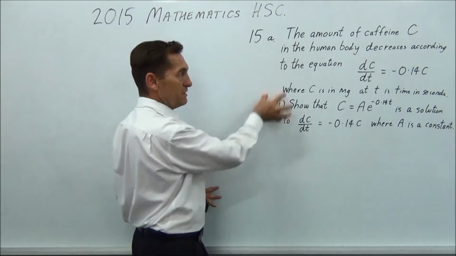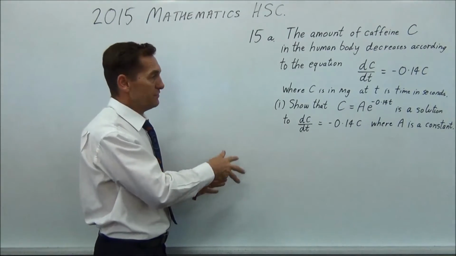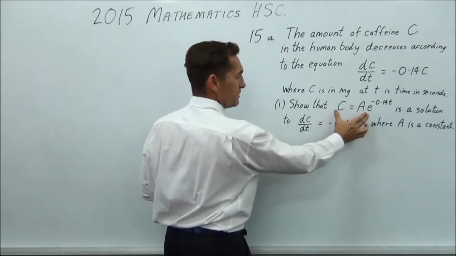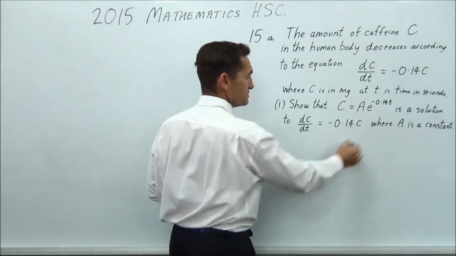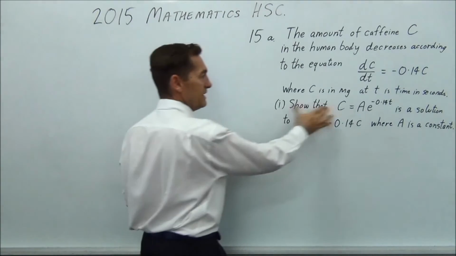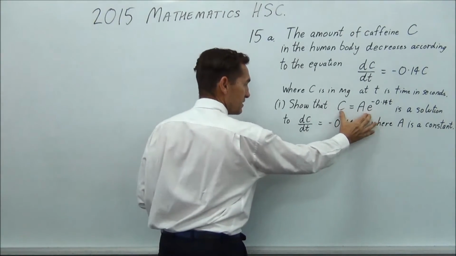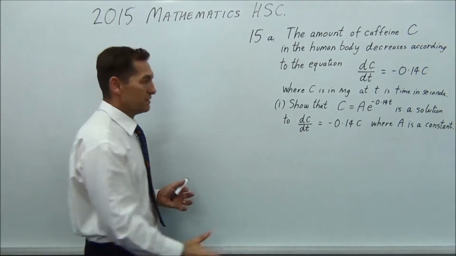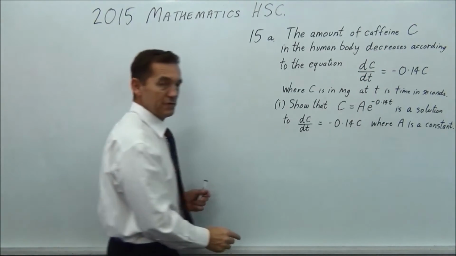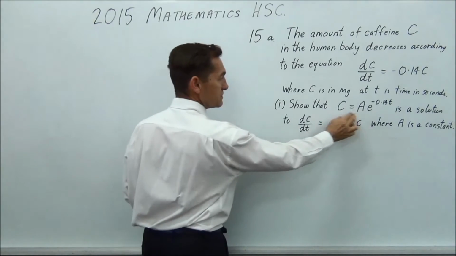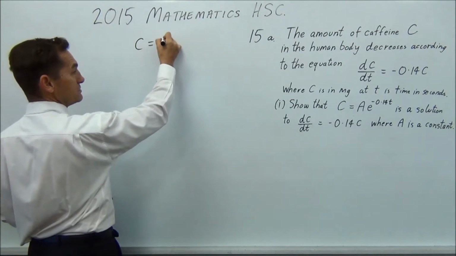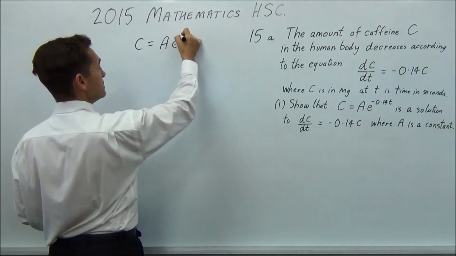So this sort of thing is fairly straightforward and you should be used to doing this sort of question. To show that this is a solution, you don't actually start from there and go backwards to get to here as an answer. You actually start from here. Okay, so we're going to start from here and work backwards to prove that we've got that. So we're going to start from this. So C equals A e to the minus